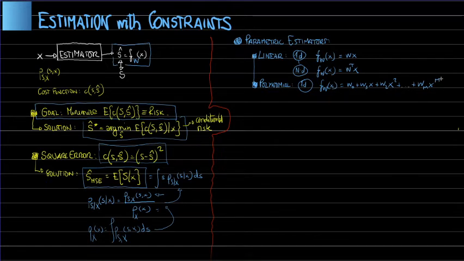Okay? And also we can construct multidimensional estimators in polynomial form. For instance, for the two-dimensional case, f_W(x) could be written as W transpose Z, where W is the vector of these coefficients, and Z is just a vector containing all monomials